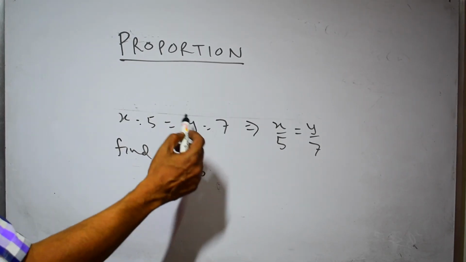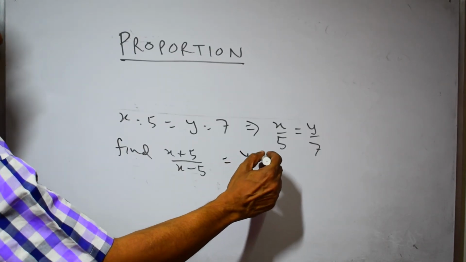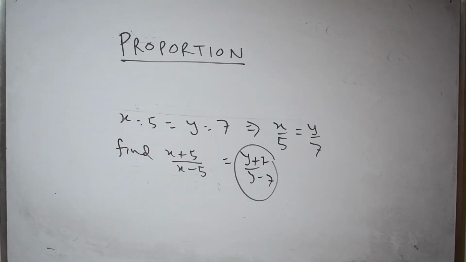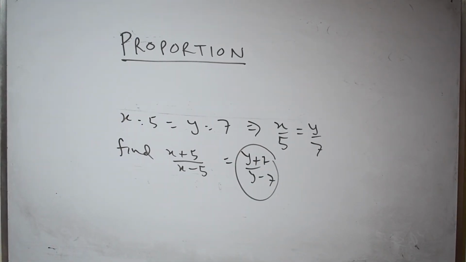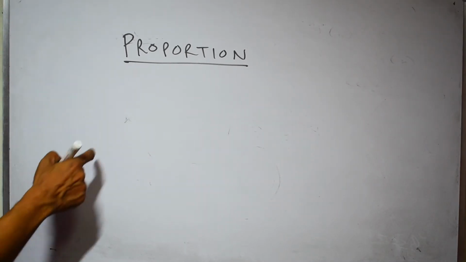This is the componendo dividendo rule on the left hand side. The right hand side will be y plus 7 by y minus 7. So this is the answer to x plus 5 by x minus 5. This idea is componendo dividendo. So now another property of proportion is